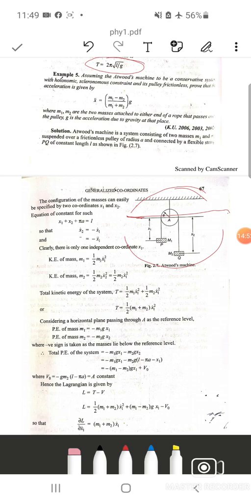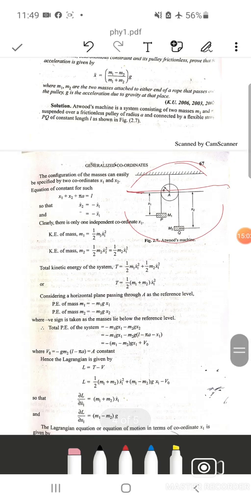Initially, let us calculate the values of x and y. Let x1 and x2, and then we will replace x2 with x1, and we will get the equations in a single coordinate. So here,